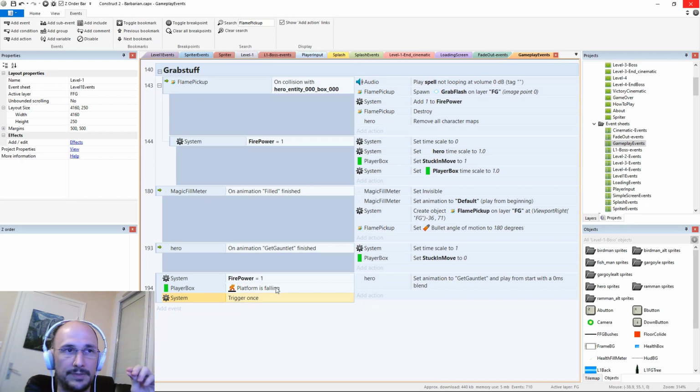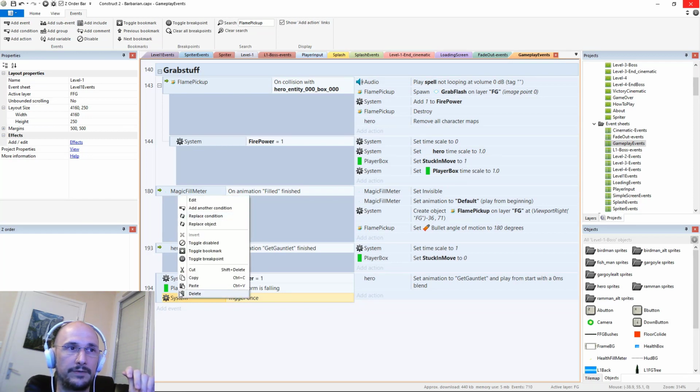So I'll have to double check that. I'll have to test it. It could end up pausing the game every time he jumps up in the air after getting only 1 firepower. If that's the case, I'll have to add another variable in there to make it only happen once. But for now, we'll see if this works. Firepower 1 is falling. Okay, so the other thing